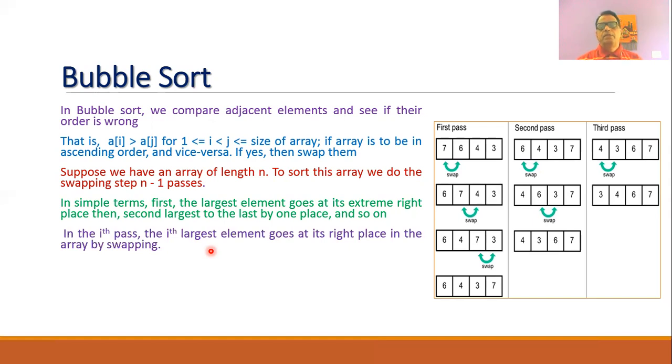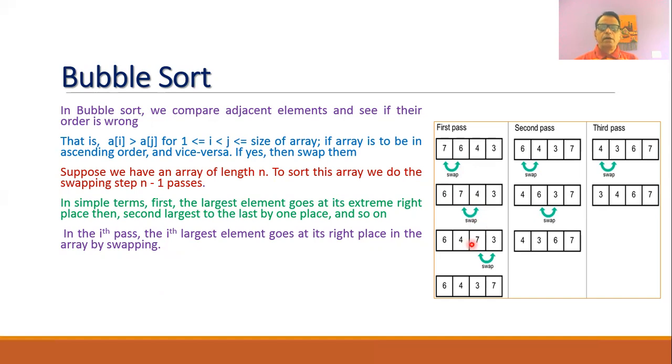Say, for example, we have been given an array which consists of four elements: 7, 6, 4, and 3. Now, in the bubble sort method, we will compare these two elements first. Since we want to arrange in increasing order, and 7 is larger than 6, we will swap the values of 6 and 7. In the first pass, the second comparison that we will do is between 7 and 4. Now again 7 is larger than 4, therefore we will swap these two values.